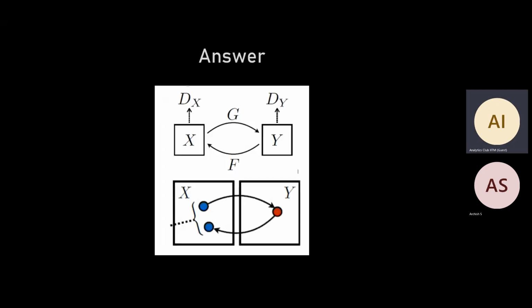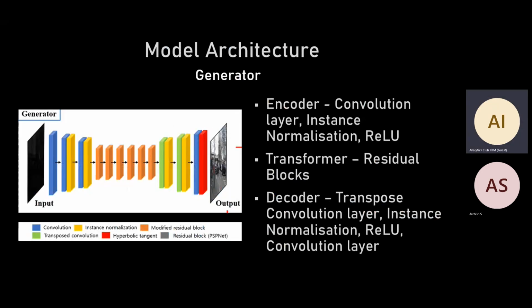Option four is a better option because here it represents that the discriminator has two losses. One checks the loss for only the set X, horses, and another checks for Y, which is the zebras. And the second one is the loss where we check between X dash and X to see if the input image and the reconstructed image are the same, which is what is different here. Moving on to the model architecture,